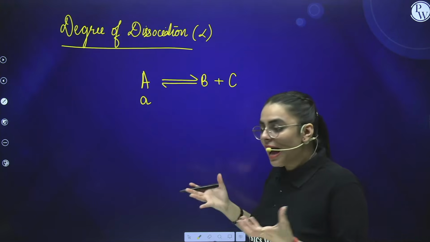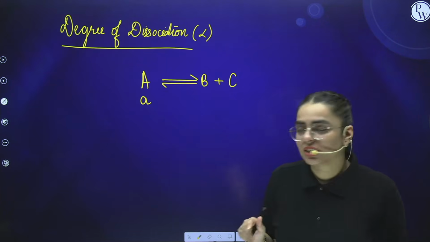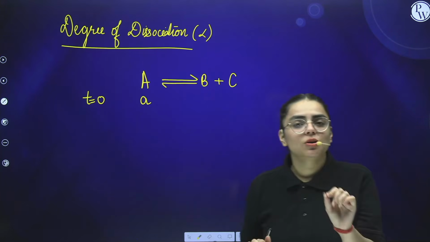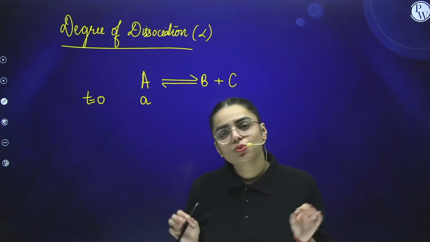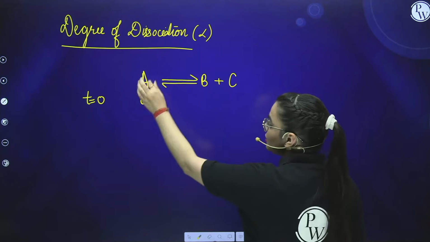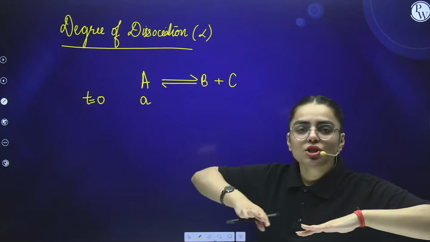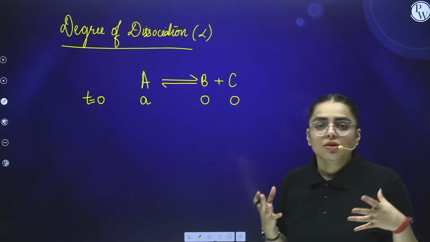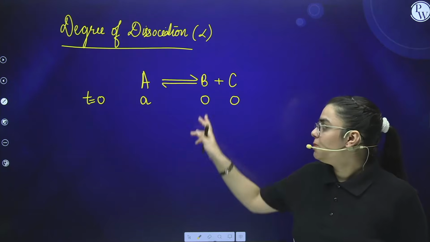Now, initially, I want to prepare a burger, but I only have the material with me. The burger is not made at that spot. That means at time t equals 0, when the reaction has not been started, when the preparation for the burger has not been started, at that point of time we only have the ingredients with us, right? So at that time we only have a reactant with us. Is product made? No. Until and unless we do the preparation, product will not form. So when time was 0, initially we just had our reactant, we don't have products. That means product is going to be 0.